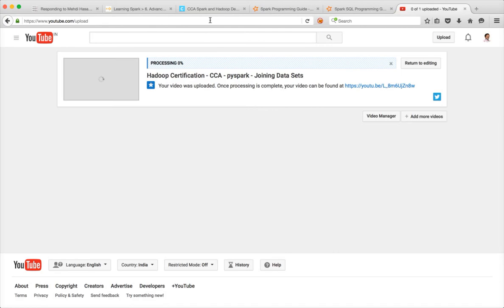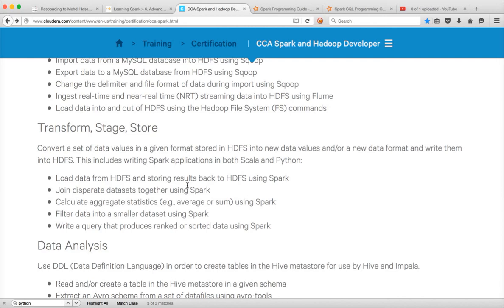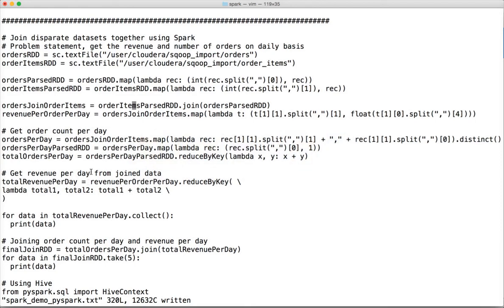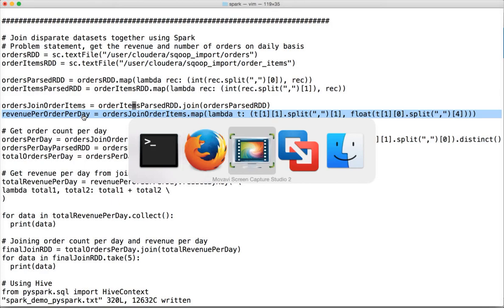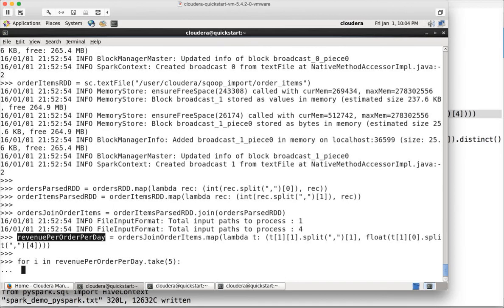As part of CCA Spark and Hadoop developer, at this time I am talking about joining disparate datasets together using Spark, which is part of the transform stage and store module. And so far I have covered how to run the join. I have run the script till here, and we have seen that, for i in copy paste dot take 5, print of i,